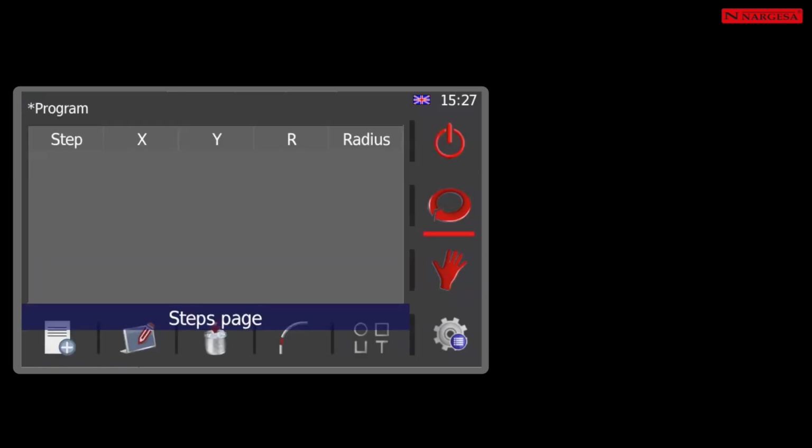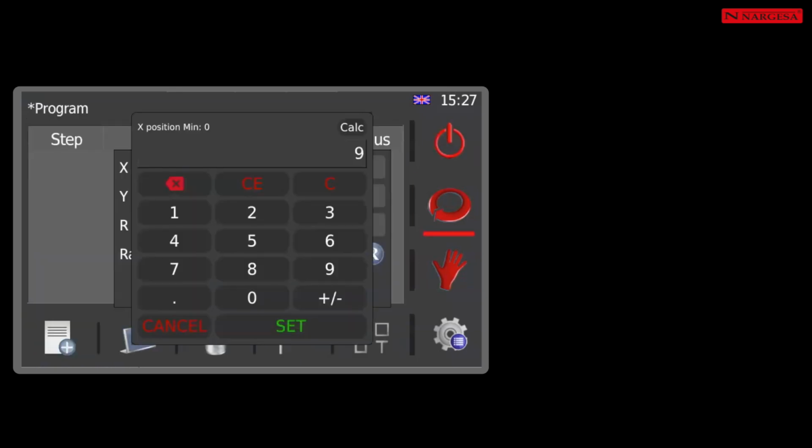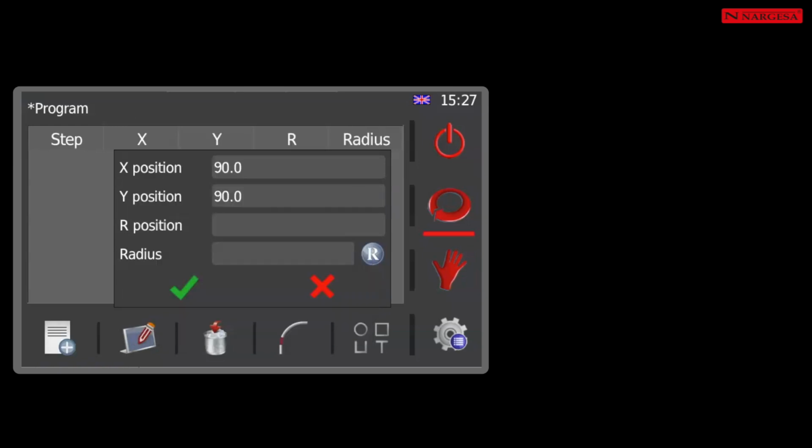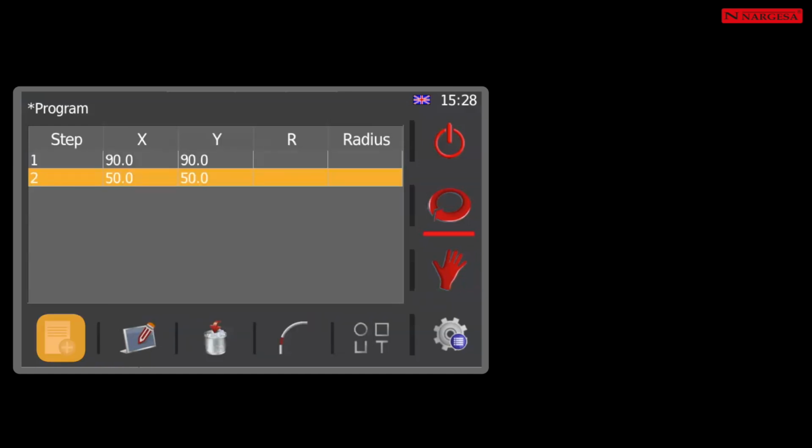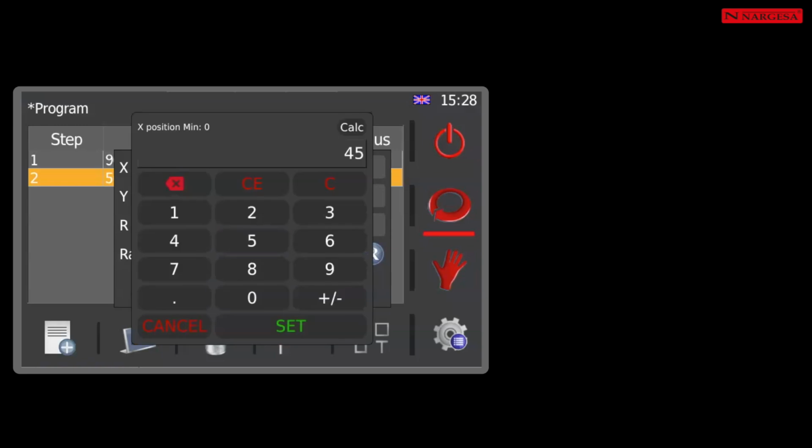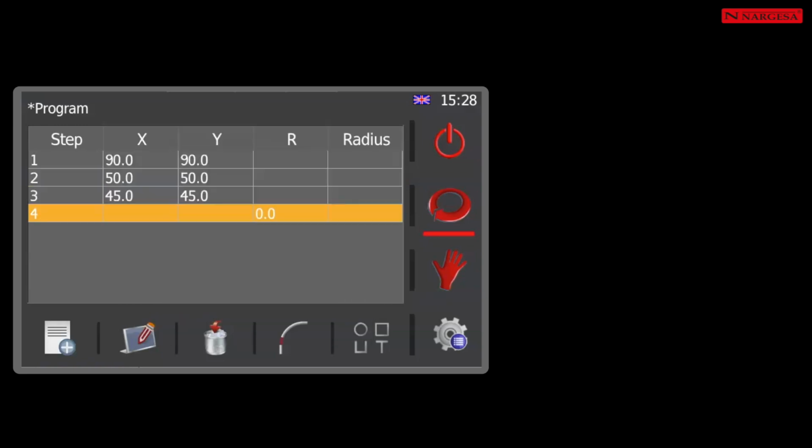Press Automatic and add the unloading step, defining the position of the lower axles to be able to remove the finished piece. Create a second step, Loading Step, which makes it possible to place the profile in the machine with enough space. Add the Clamp step and define the position of the lower axles so the profile is firmly secure.